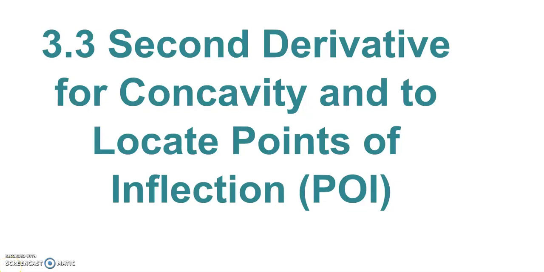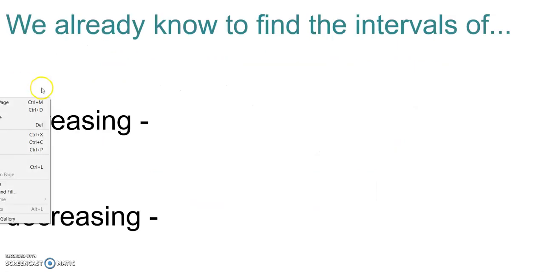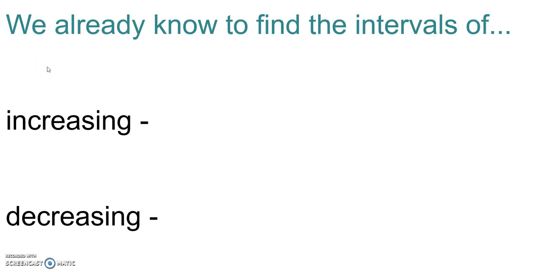Today we're going to talk about the second derivative test for concavity and locate the points of inflection. Okay, so let's recap what we already know from the previous sections. What we already know is increasing and decreasing open intervals. So we know it's increasing if we have the first derivative